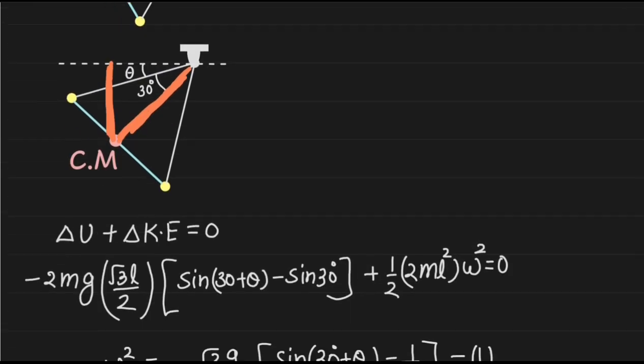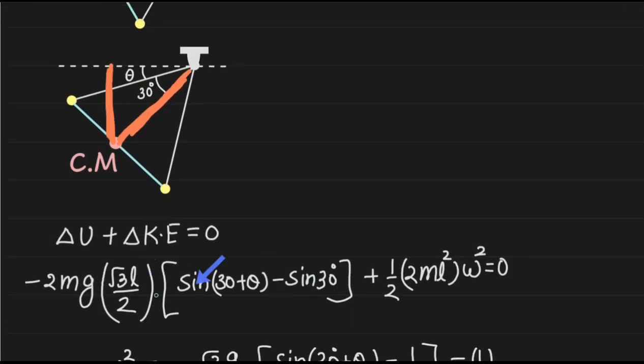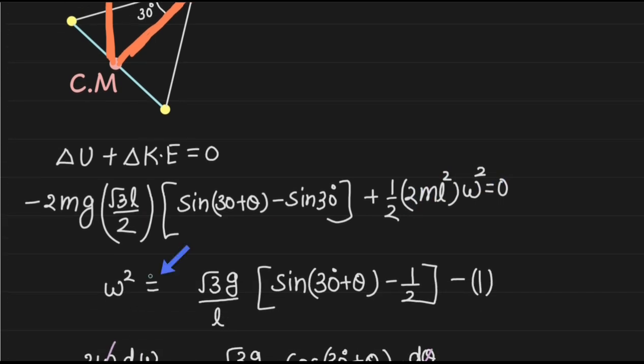So, the total decrease in potential energy will be this whole term here, and the total increase in kinetic energy will be half I omega square. Again, we have to determine the moment of inertia about this axis, and since there are only these two point masses and the rod is massless, the moment of inertia will be m into L square for each, where L is the perpendicular distance. So, for the two masses, this will be the total moment of inertia. If we solve this equation, the value of omega square will come out to be this much. So, this is our first equation.